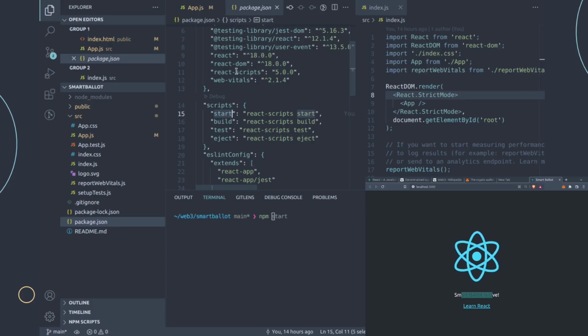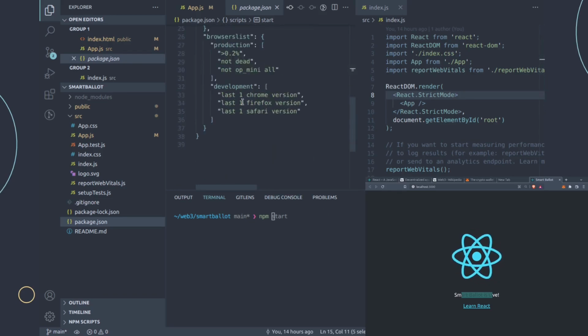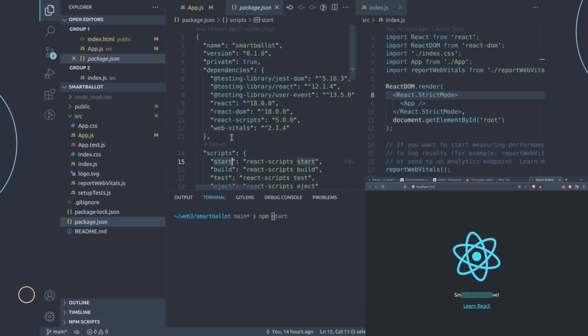This is not something that you want to manually configure for the most part. These are just very helpful shortcuts for you to access scripts without having to type out the whole thing. And then there's the linter, there's the browsers, and all of these other details in the file. But really what is most important is probably the name, the version, and the dependencies here. All right, so let's go ahead and get started by installing one dependency, and then we'll see package.json reflecting